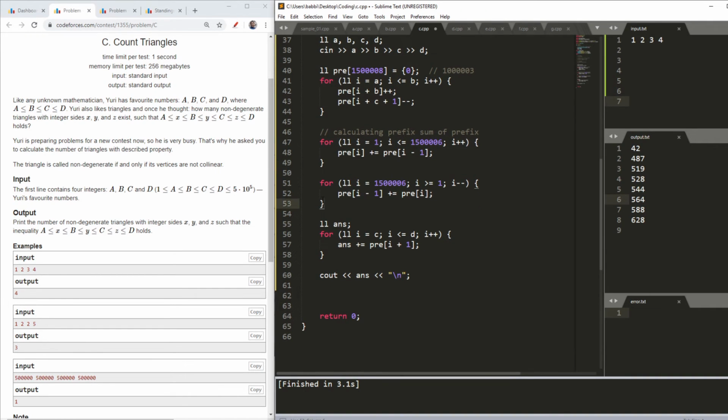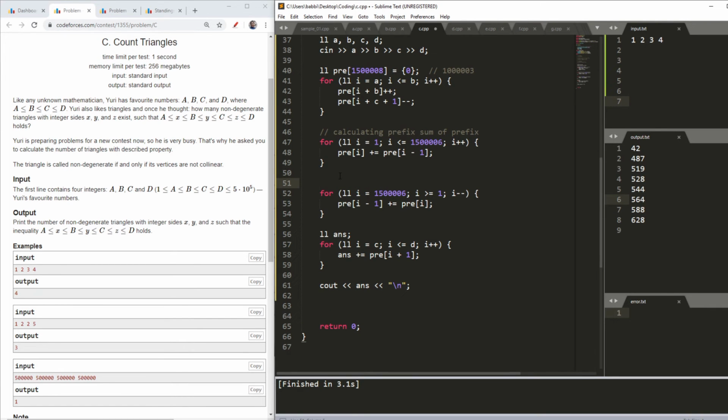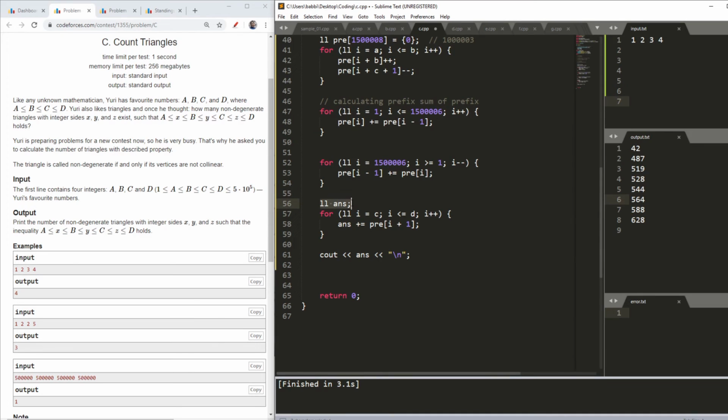Now what I need to find out is a z so that it is less than x plus y. So I will run my prefix sum from the last, as I showed you in the explanation, for the value z which I wanted, and finally I want to have my answer. It should be initialized with 0.